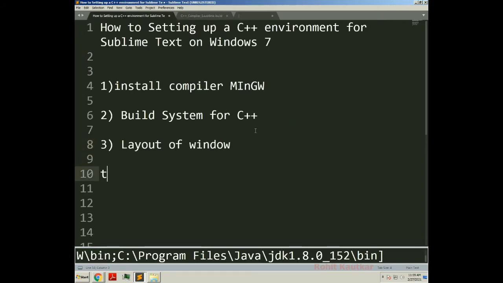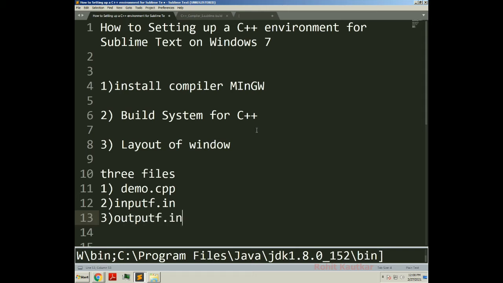See here, three files we need to create. So first file will be demo.cpp, second file will be inputf.in, and third file will be outputf.in. Okay, these three files we need to create.